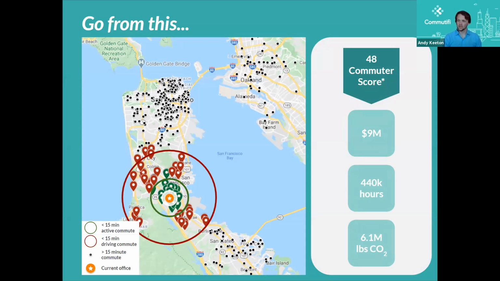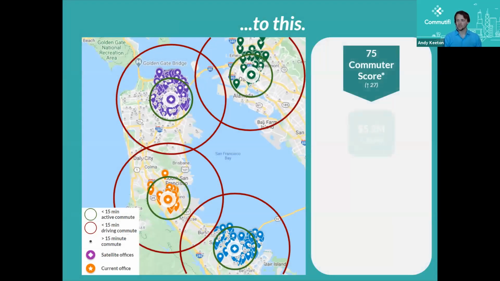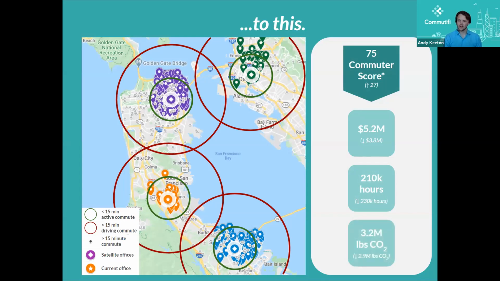What you can see is that there's a lot of clusters here of folks that potentially could commute to a new location. So what if this organization opened up these 3 satellite offices in San Francisco, Oakland, and in the South Bay? Well, this would see a dramatic increase, 50% in the commuter score, almost $4 million in savings annually,